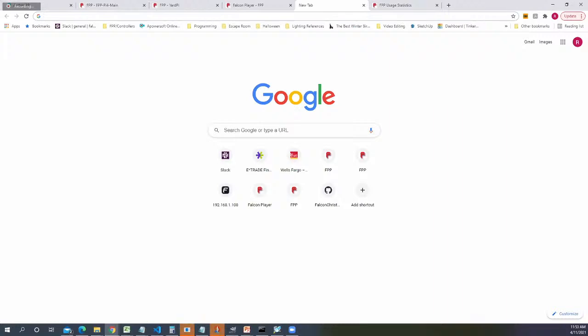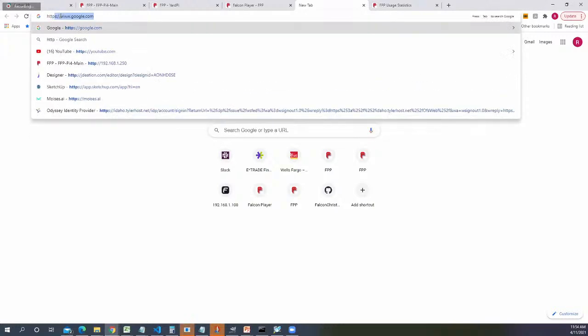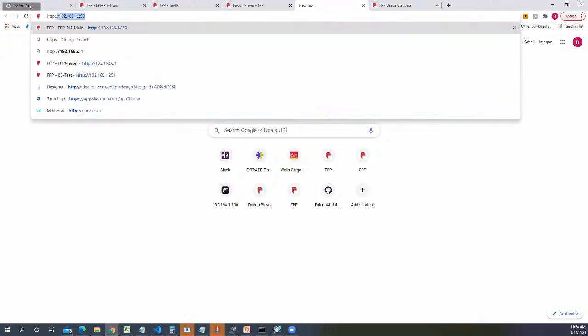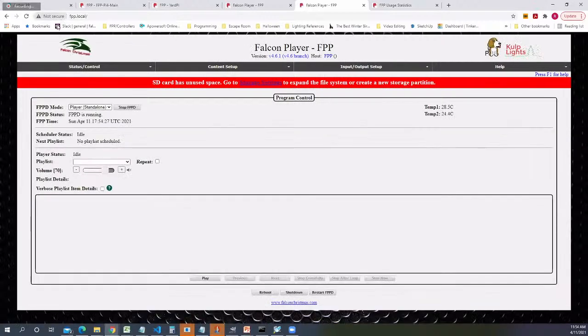So once you open the browser, and I'll give you a little bit of time to connect it, you're going to type in http://fpp.local/ and adding that slash forces it to try and look into your local system. And you should get a screen similar to this. But